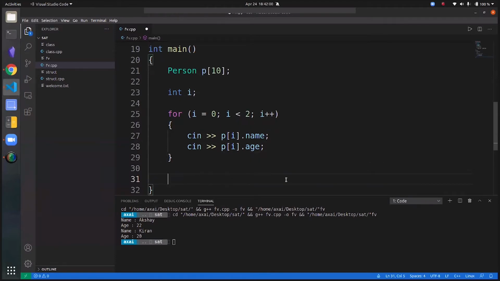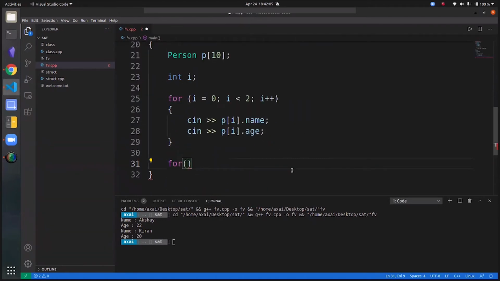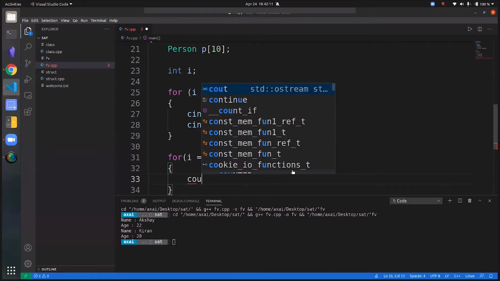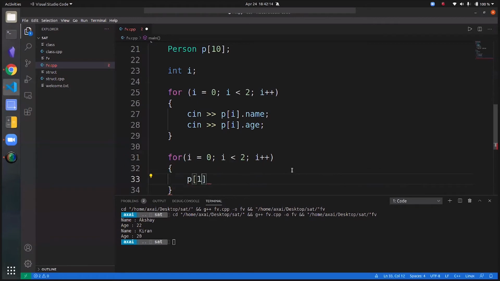And if I wanted to print these details, you already know that we have this function called print person, right? So I can do the same thing. I can simply loop over the structure, and all I have to do is p of i dot print person.